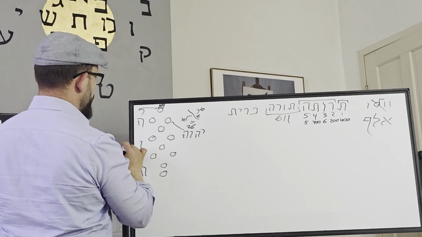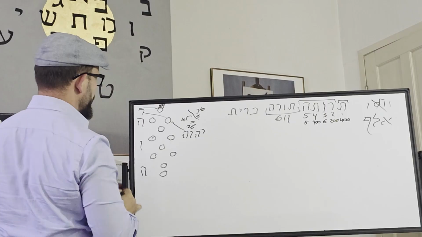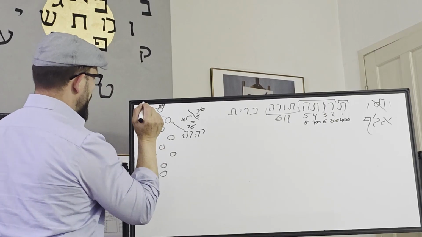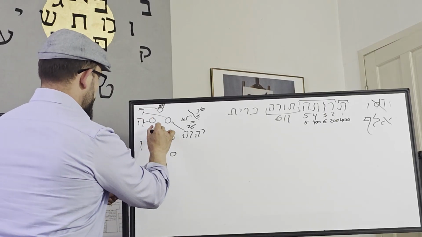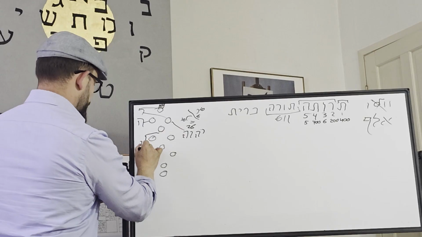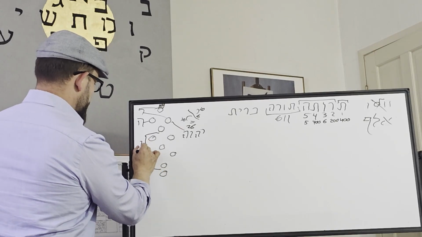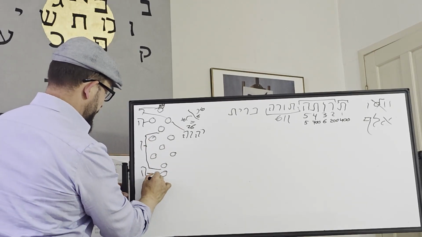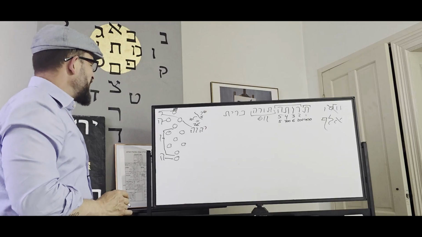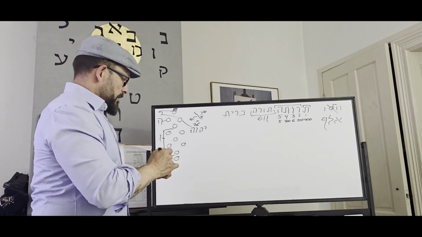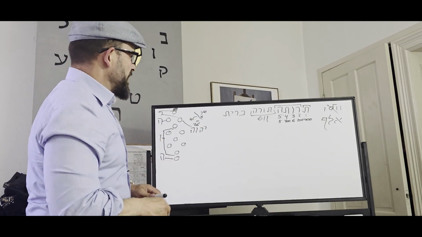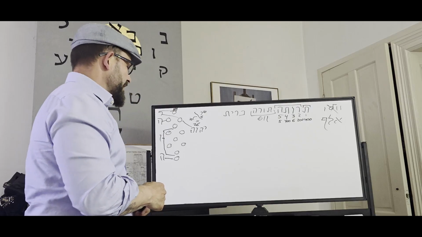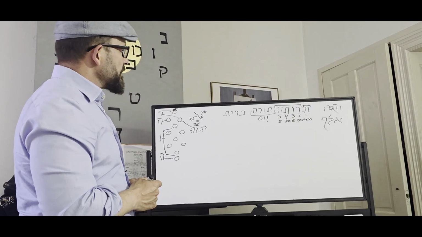And then the tip of the Yud would be Keter, the base of the Yud would be Chochma, the upper Hey is Bina, the Vav are these 6, and the lower Hey is the Nukva. Okay, so these are all kind of traces. We'll just proceed and you'll see where this is going. So now